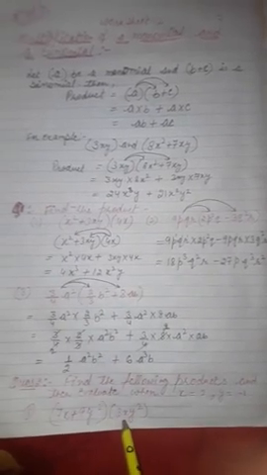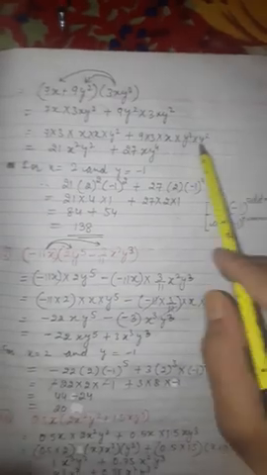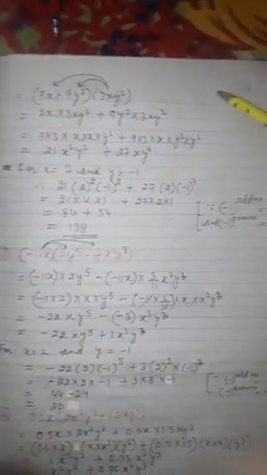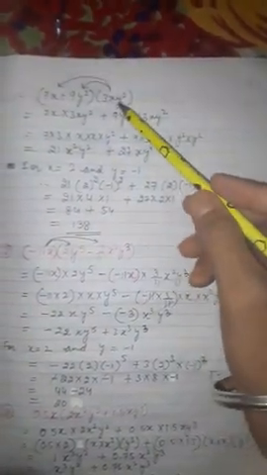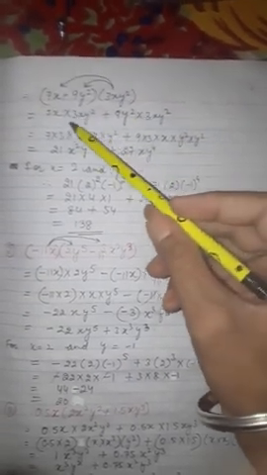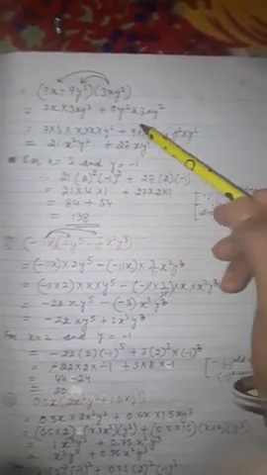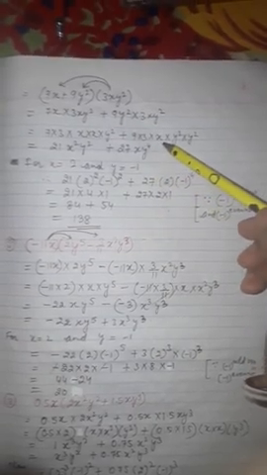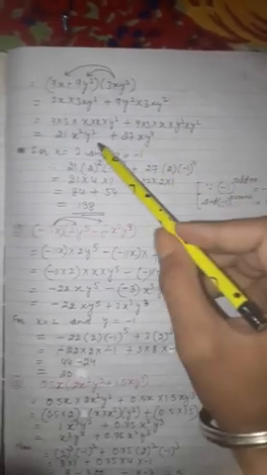The first part is 7x plus 9y square into 3xy square. It is a monomial and it is a binomial. So we multiply 3xy square by 7x, which is the first term, and then with the second term. So what will be there? 7 3s are 21 x square and y square. And here 9 3s are 27 and then x as it is, and y square into y square, that is y raised to power 4. So this is the product.